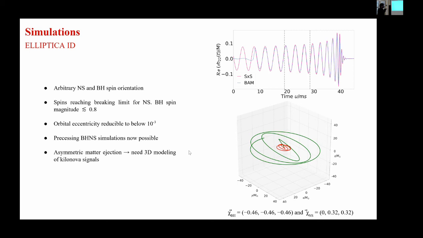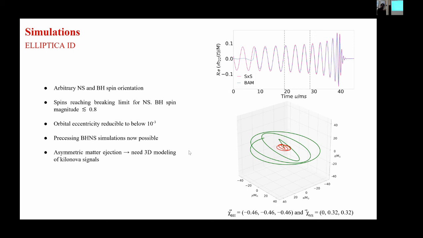And here I just have a few results from the Elliptica initial data. Basically, we have good comparison again with other codes. And importantly, with Elliptica, we can cover a wider parameter space of black hole neutron star systems. And here especially, it allows us to have spins of the individual compact objects in arbitrary directions. And this allows us to have precessing black hole neutron star systems. And these systems will also be interesting to study because